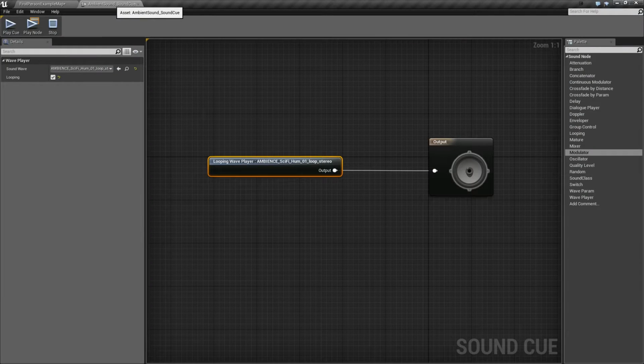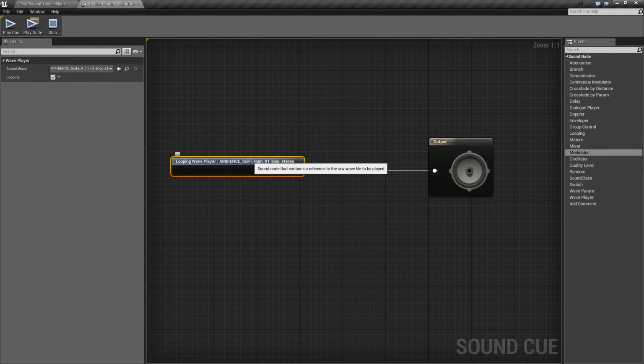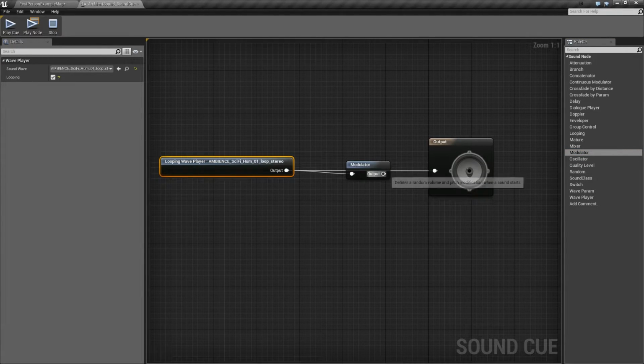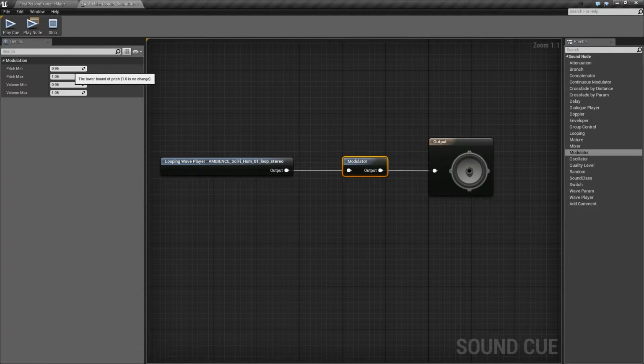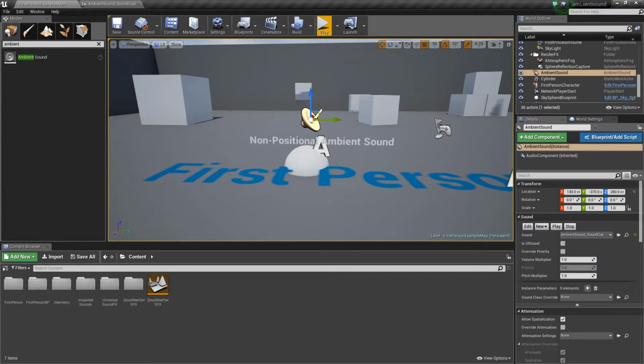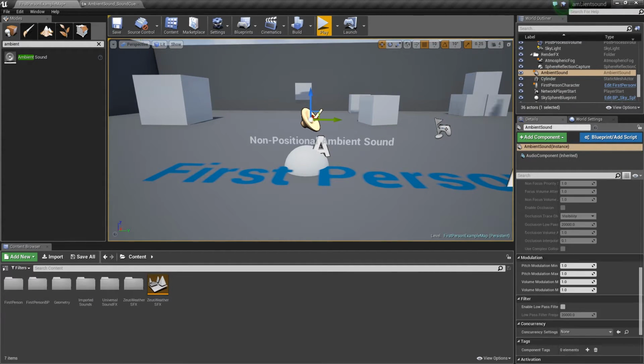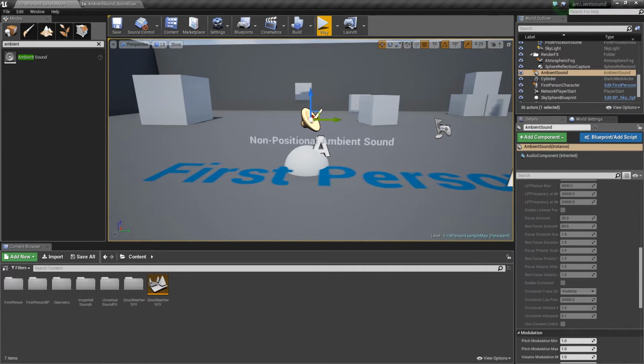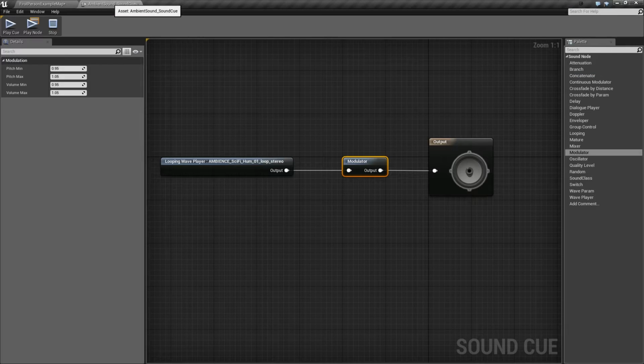So let's go in and let's actually modulate it down a little bit. So let's drag out a modulator, which will connect up. And then the modulator again, much like the multiplier settings here, just provides minimum and maximum ranges for the pitch and the volume. Now I don't actually want the pitch to change at all, so I'm going to set both those back to